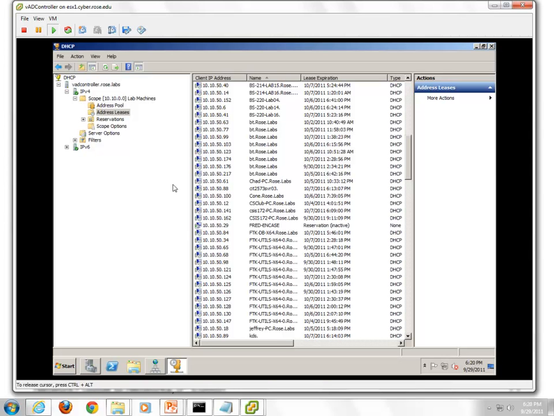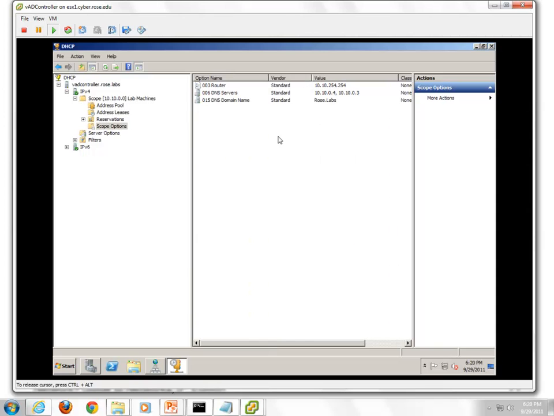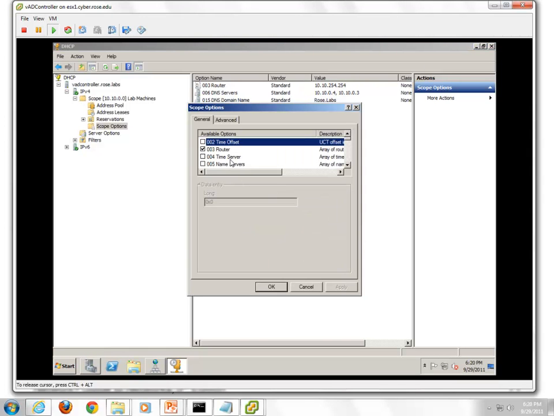All right. Inside here, I can do different things. I can supply the router. I can supply the DNS servers. I can supply a domain name. I can supply a whole host of information. I can supply time offset, time servers, name servers, log servers, cookie servers, impress servers. Look at all this stuff. All kinds of stuff. Oh, that web server came. I can supply mail servers this way. So basically, with DHCP, I can do a lot of stuff.